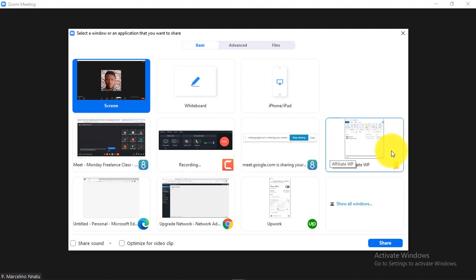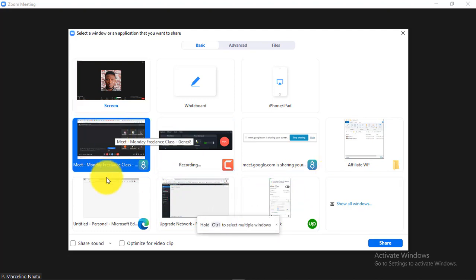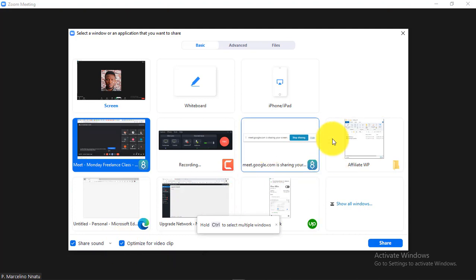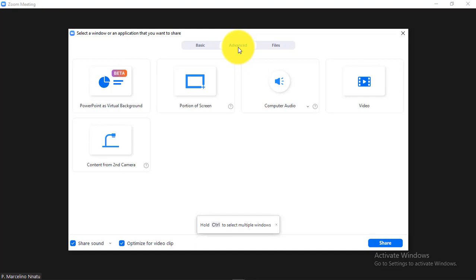So you just have to choose which tab you want to share, and when you have chosen that, you have to decide whether you want to share any sound coming from that particular tab or not. If you want to also optimize for video clip, you use your discretion. You can also see the advanced features. There are other things you can share: PowerPoint as virtual background, content from a second camera if you have another camera altogether, the portion of your screen, if you don't want to show everything on your screen,